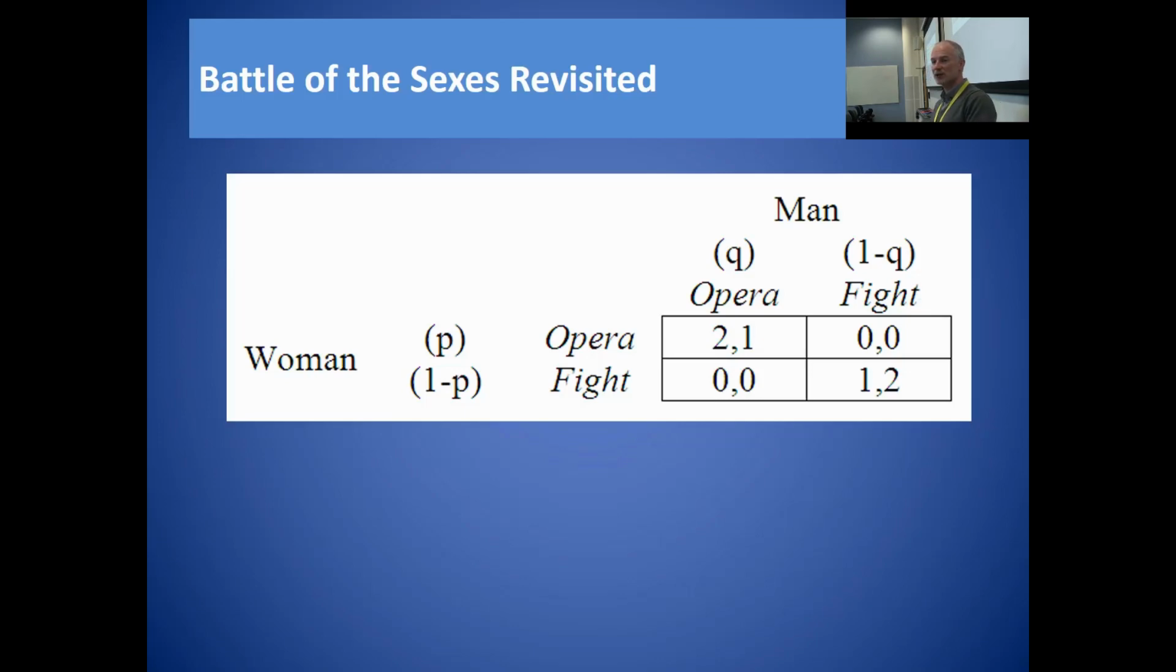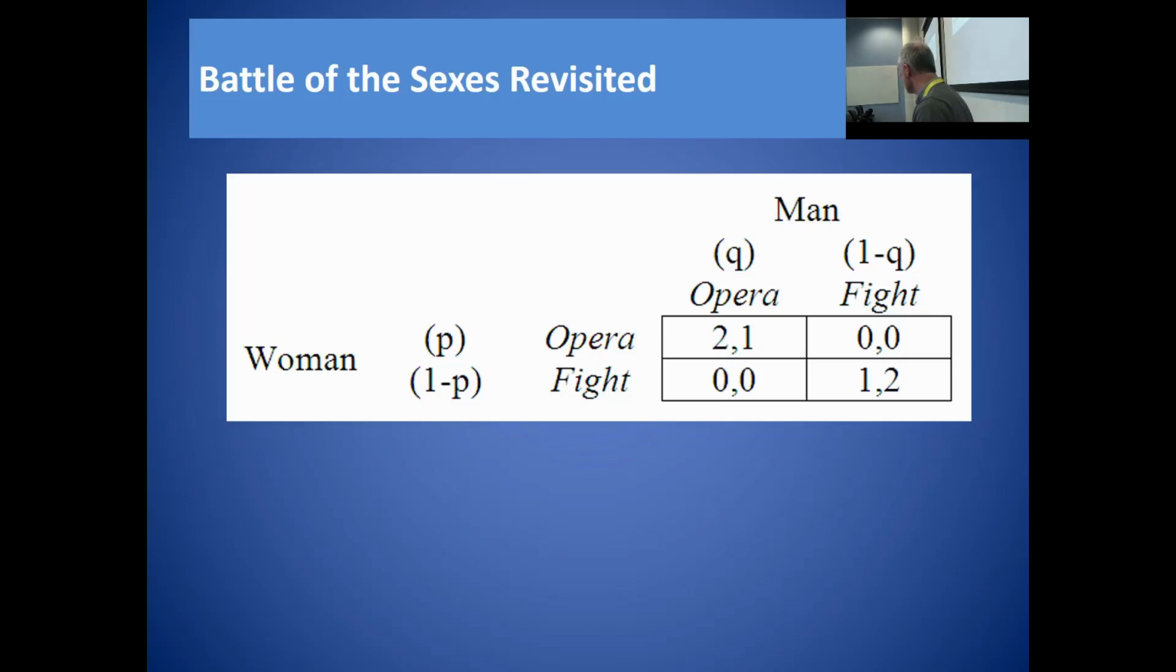Now, when we set up mixed strategies last week, I said, what were these P's and Q's? Well, these were the perceived probabilities with which the man and the woman choose what they're going to do. So, what we've got here is the probability P is the probability with which the man believes that the woman will go to the opera. So he believes that she will go to the opera with a probability of P. And by extension, if she goes to the opera with a probability of P,